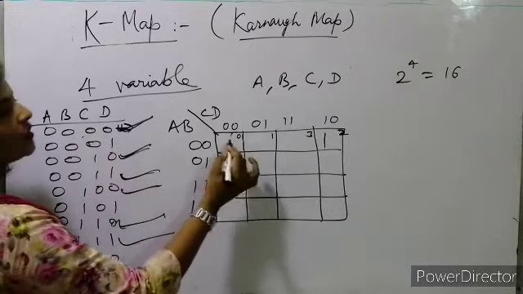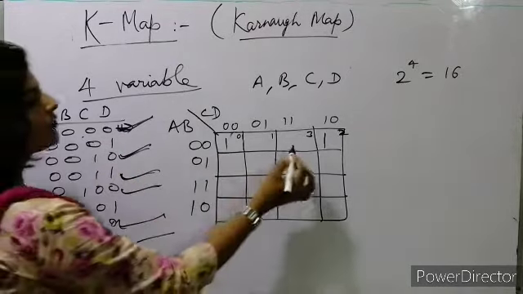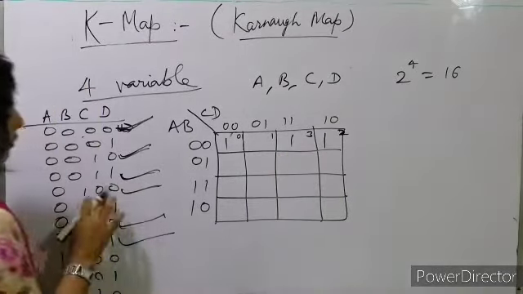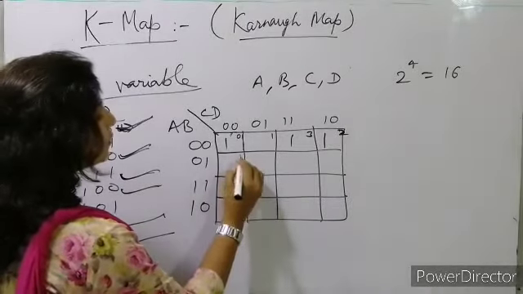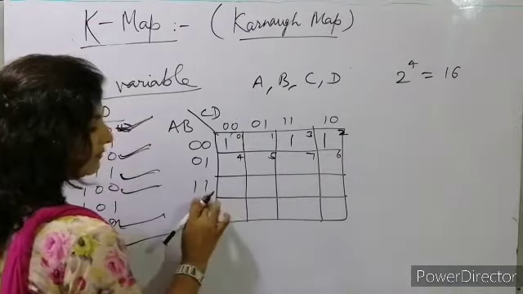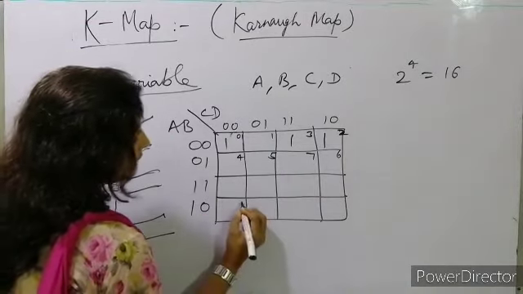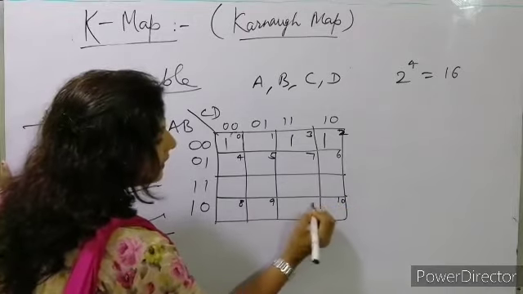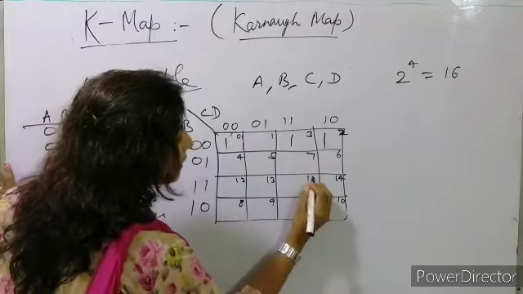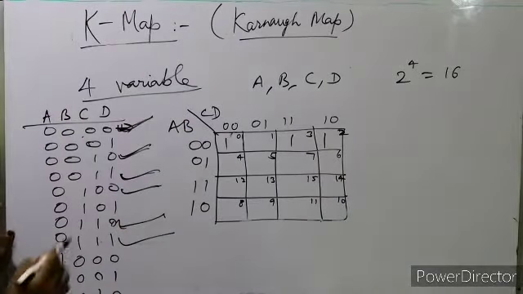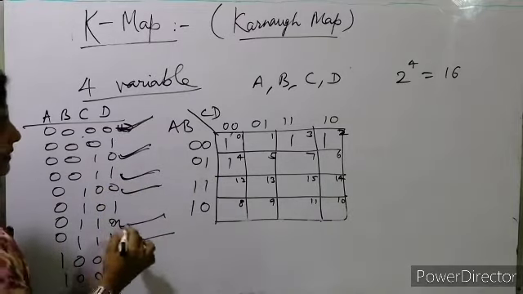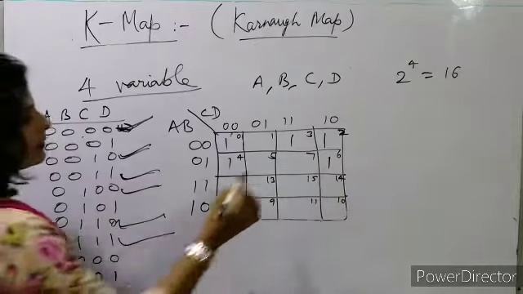This is 0, so in the value for 0 we will write 1. Now in 2 we wrote 1, 3 also we wrote 1, then 4. So for 4, this one is 4 5 6 7, and again 1 1, right? So we'll write here 8 9 10 11 12 13 14 and 15. So where do we have 1? 0 1 2 3 4, 1 in 4, 5 6, 1 in 6, 7, 1 in 7.